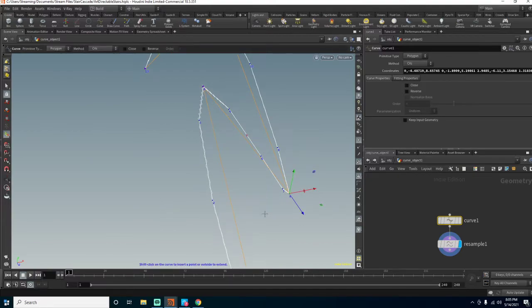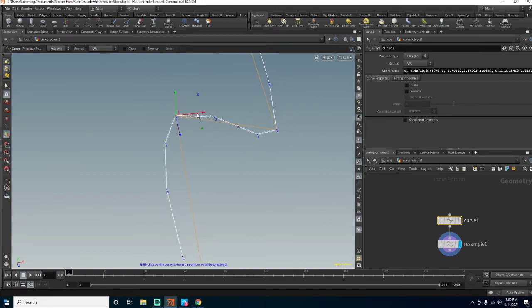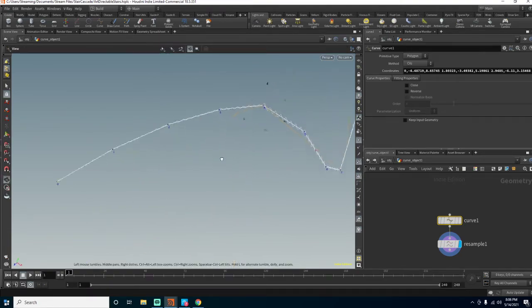So maybe I don't need to do that. Although, let me bring this down. So yeah, it's got some awkwardness. I think that'll be fixed when I do the, yeah, because since I'm playing with gravity, I want this to be